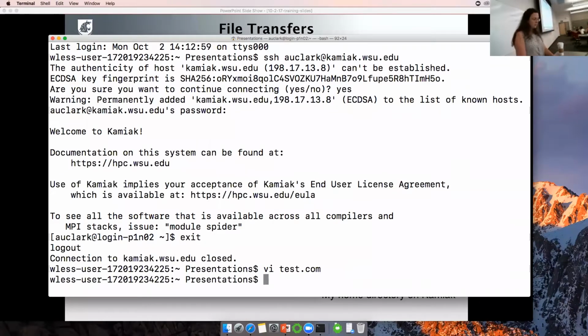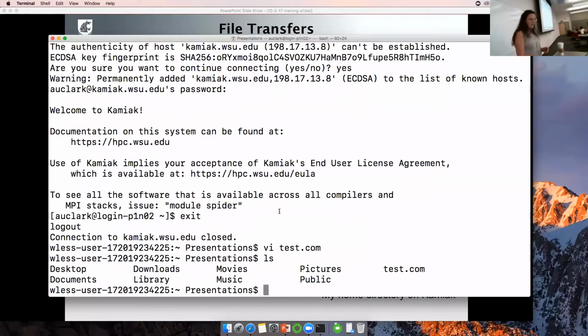So I just made a file called test.com, and you can see I just typed ls, and I'm actually on my desktop on this Mac laptop, and I can see everything that's on my desktop. On my desktop is now a file called test.com. Now I'm going to type SCP, which stands for secure copy. When you do these copies and when you log on, you use secure protocols to do this. So I'm going to type SCP, which stands for secure copy, and I'm going to move test.com onto my